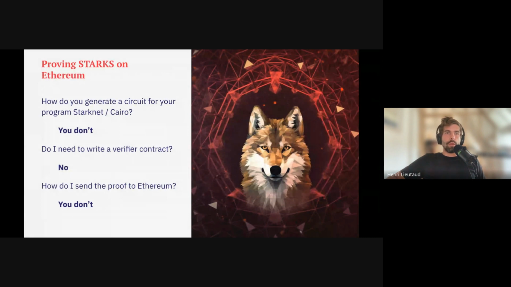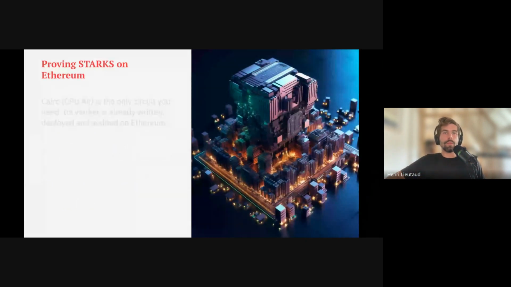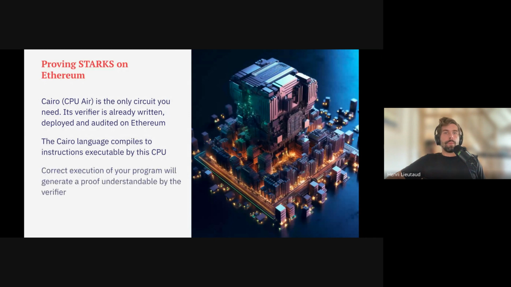What is happening under the hood, and I think you've talked about this already, is that the entire validity proof aspect of it is abstracted away from you. You don't generate a new circuit. You're using one that is a CPU that allows you to do any generic computation. Cairo is an abstraction of the validity proof part of things. It pushes complexity one level above so that you don't have to care about it.